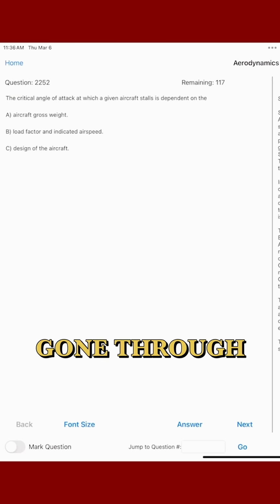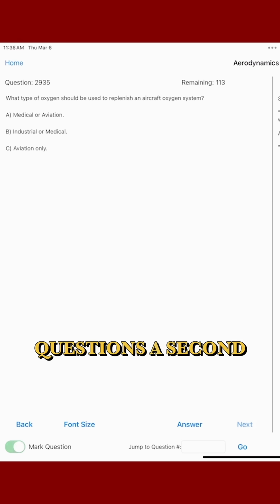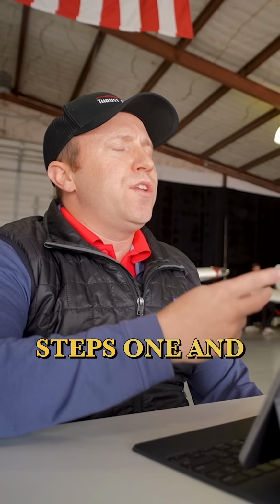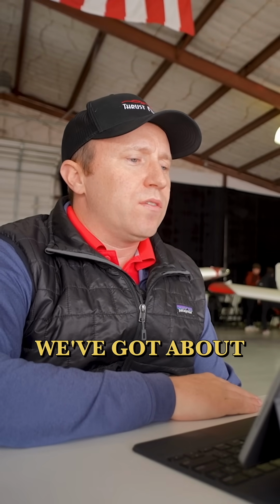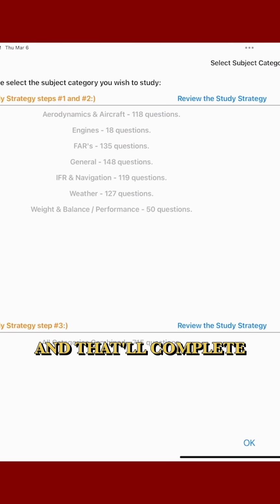So after you've gone through them once, you might see a question that looks similar. See if you get the right one. Go through the questions a second time. You want to complete steps 1 and 2 for each category. So for this particular test, we've got about 6 or 7 subjects to go through, and that'll complete steps 1